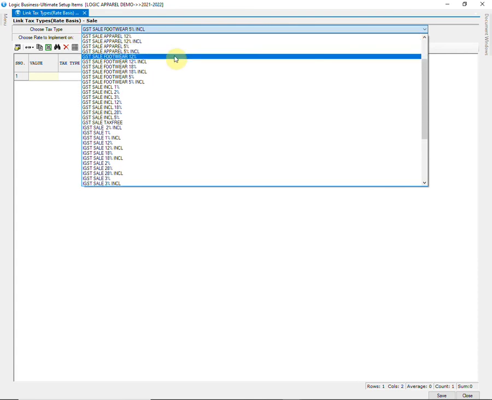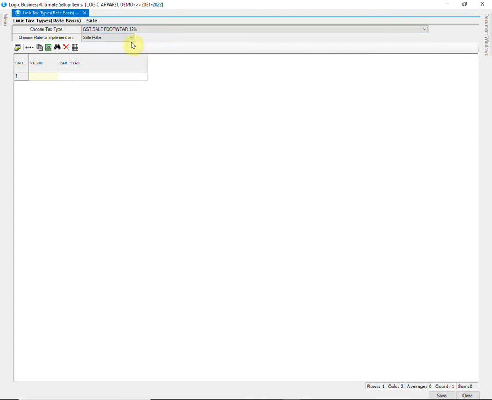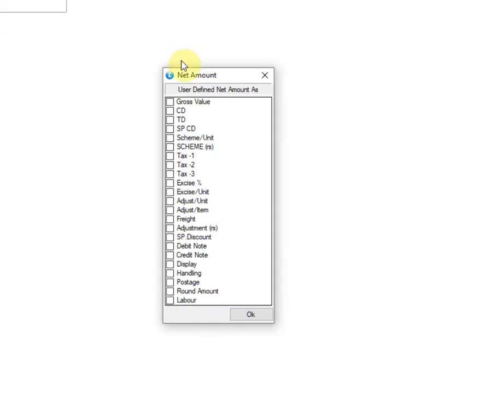Now, we will move forward to link the new tax types. Select GST Sale Footwear 12% and choose the rate that you want to implement on. Here, we are selecting UD net amount. Click on UD net amount to define it. This is how the UD net amount will be defined.